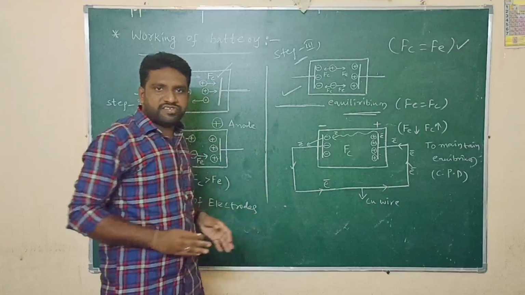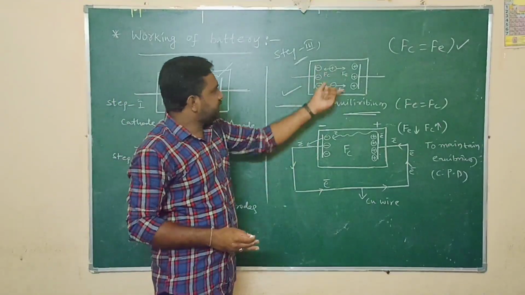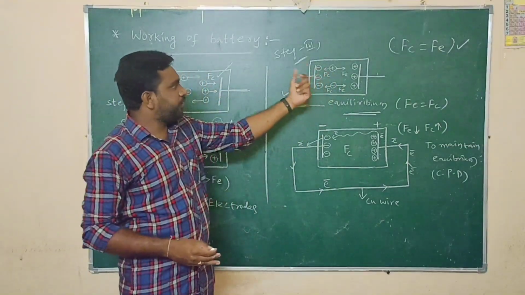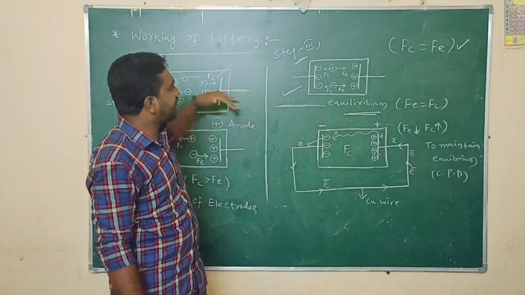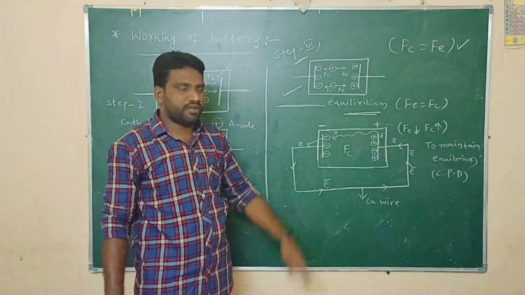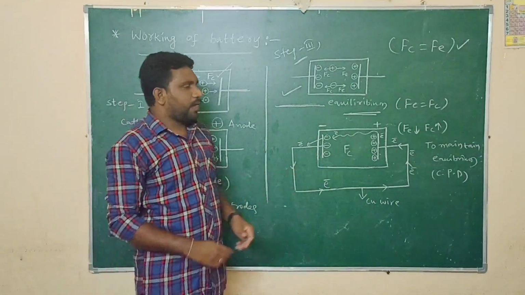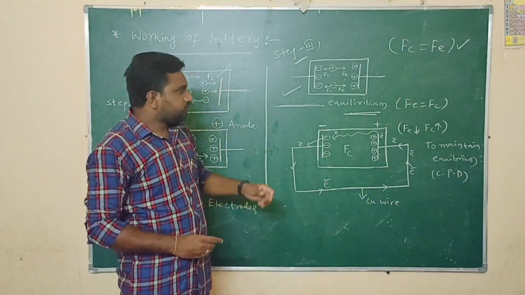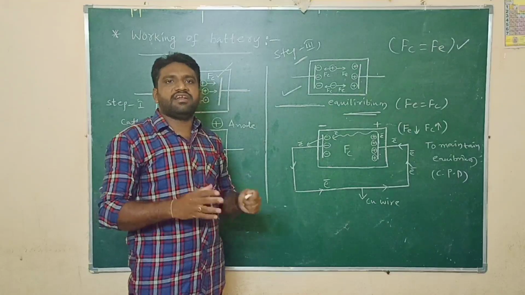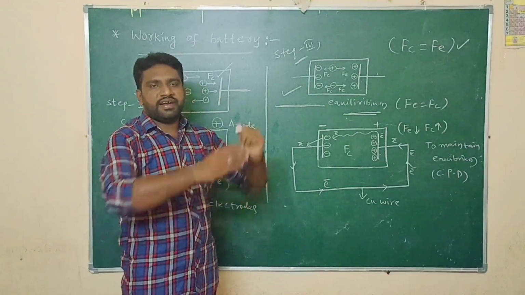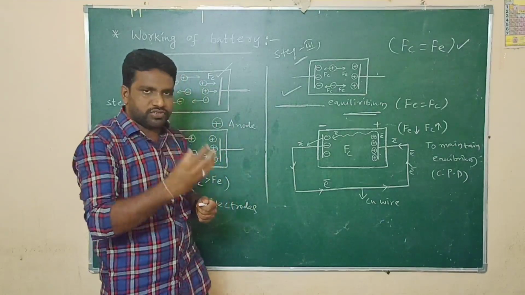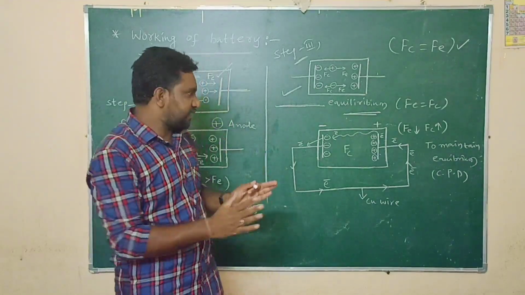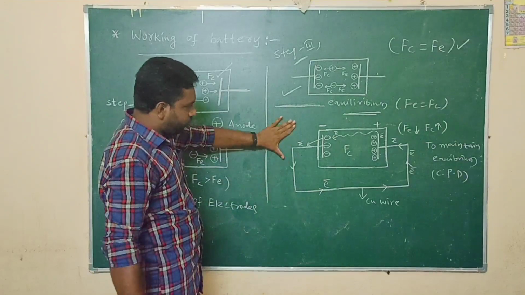If we purchase any new battery, in this position all the ions are going to be present inside the battery. This is the new battery. In this way, the battery is constructed in 3 steps. Okay. So now I am going to explain how the battery is going to maintain a constant potential difference, and at the same time how the battery is going to be discharged when we use it. These two things I am going to explain with this 4th diagram.